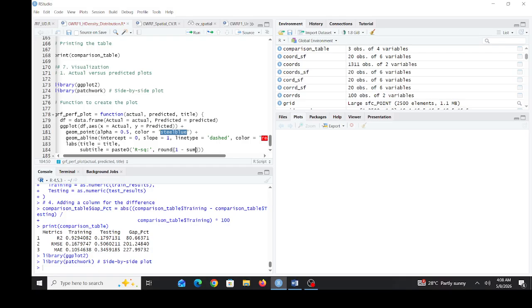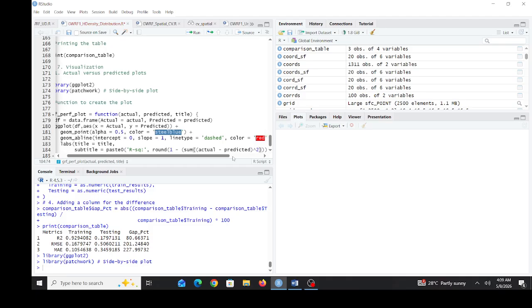So round, 1 minus sum, parentheses here, and minus parentheses, sum of double parentheses, actual minus predicted, squared, divided by